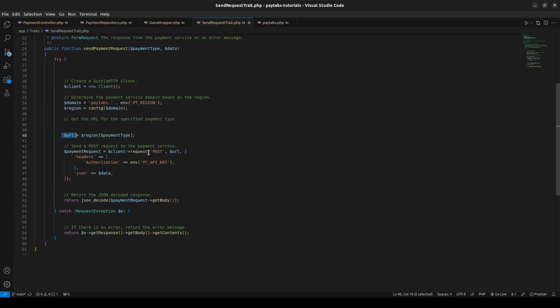I am passing it. I'm using the client HTTP. I'm sending a post request. I'm using the URL I generated as an endpoint. I am passing my API key from the environment file as an authorization. Then I pass the data body from the request that we generated inside the data wrapper. Then finally, I'm receiving the response of this request and decode it so that I return it to my payment